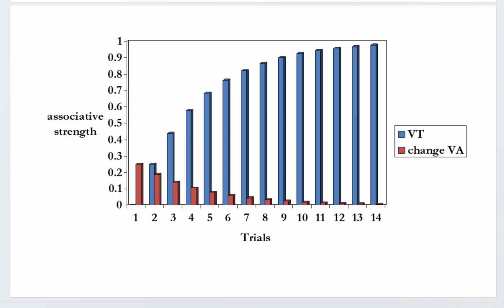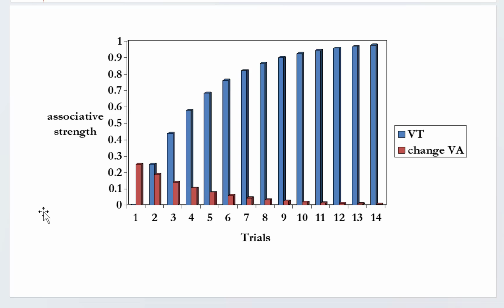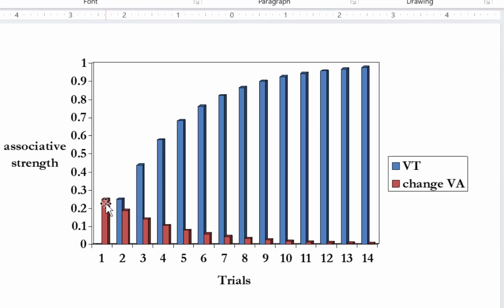And that's what's shown here. This Excel spreadsheet is shown here. So this is the change in associative strength on first trial way up high. And the total on the second trial, the total is 0.25 because that's what it learned on the first trial. But that made learning just a little bit less on that trial. Didn't learn as much. Why? Wasn't as surprised. Now the total, we're going to add this and this together, and we're way up here. Well, now the animal has some real expectations. I've heard that metronome 3 times, and 3 times I got food. So it's going to learn just a little bit less.